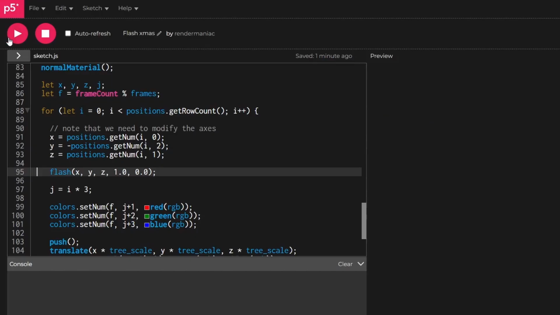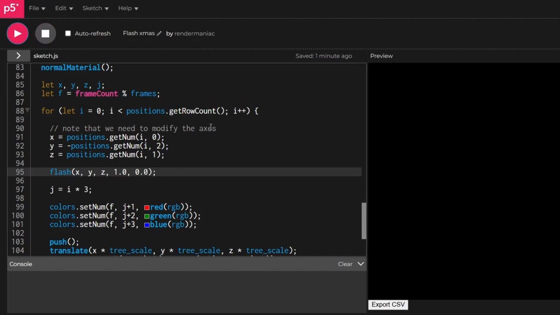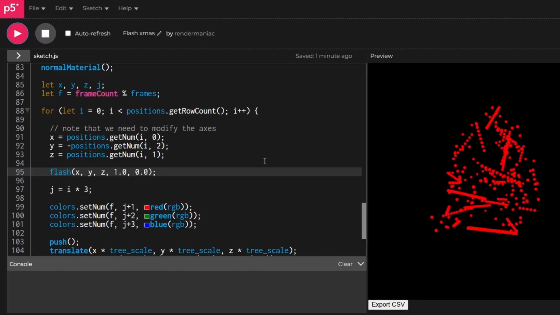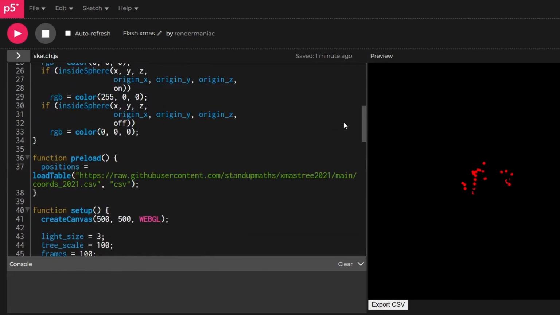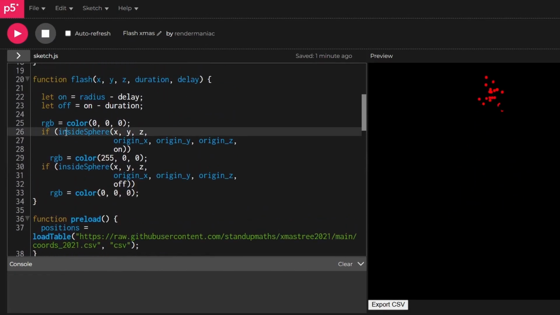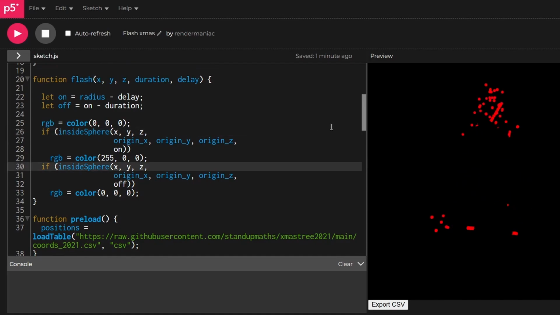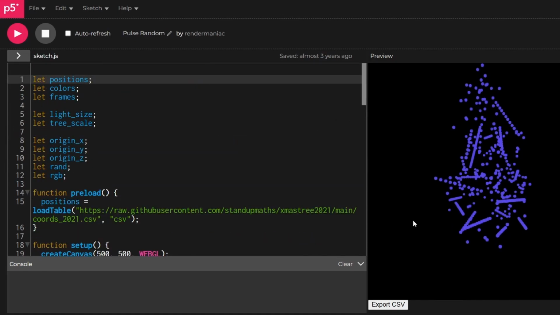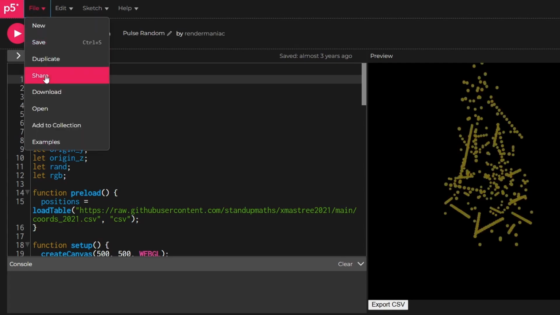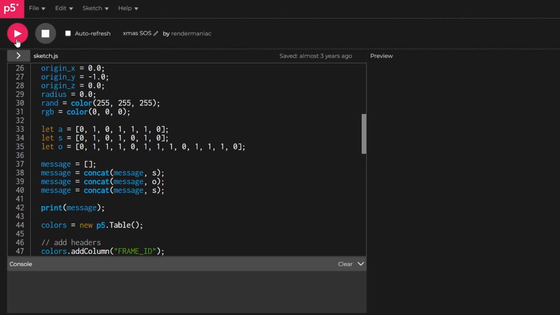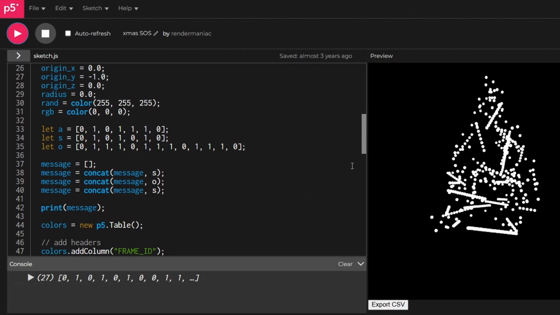My first attempt at animation was to generate a pulse travelling outwards from the centre. We test whether the current point is inside an expanding sphere and colour it red if it is inside. This is followed by a second expanding sphere test with a delay, which turns them off again. I made a few other examples as well, pulsing the lights and picking a random colour each time we pulse, playing with the timing by flashing Morse code,